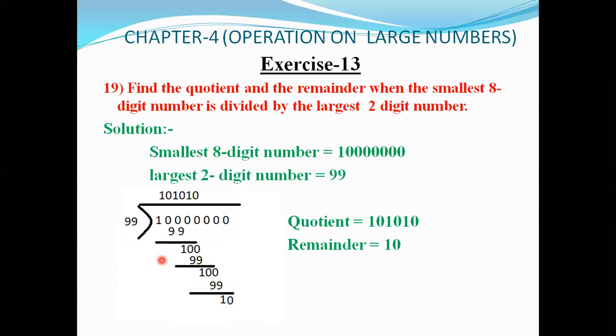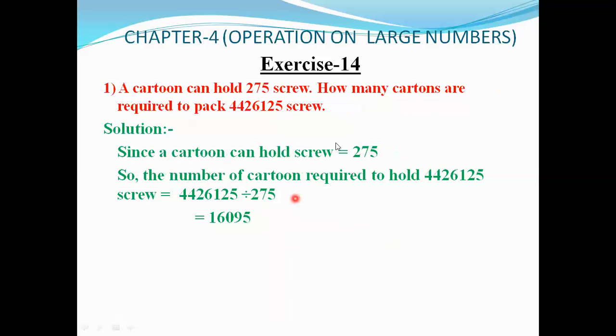So the division is over. Now the quotient is this and the remainder is this. Now here is exercise 14. How can we solve exercise 14? Exercise 14 is based on